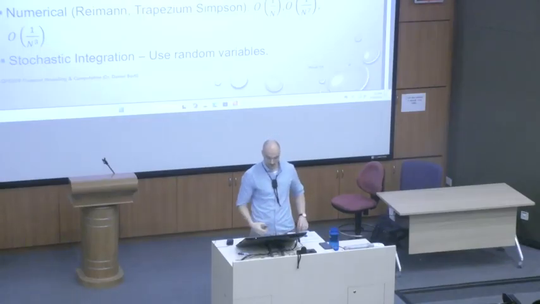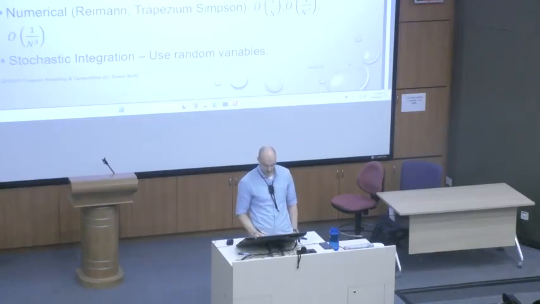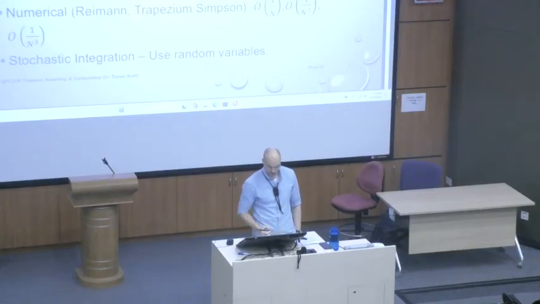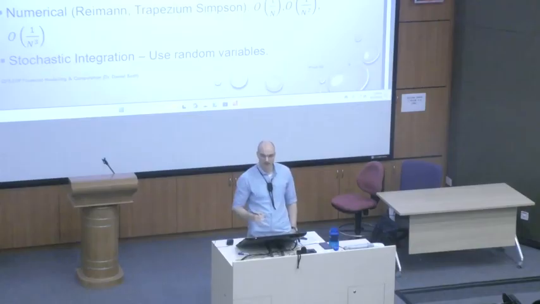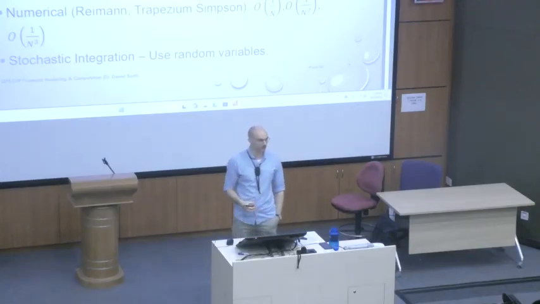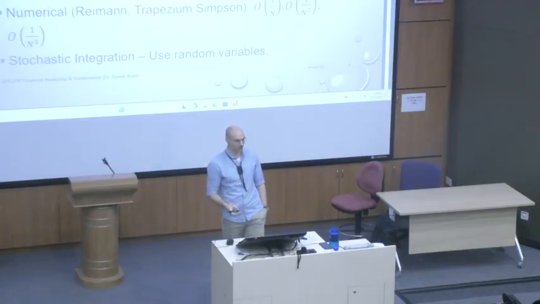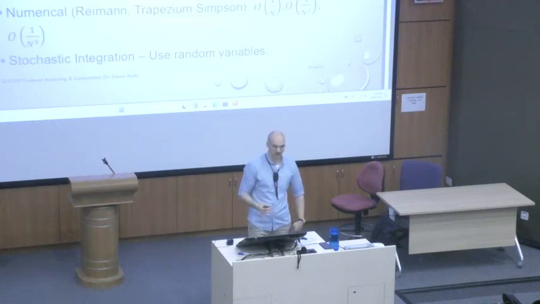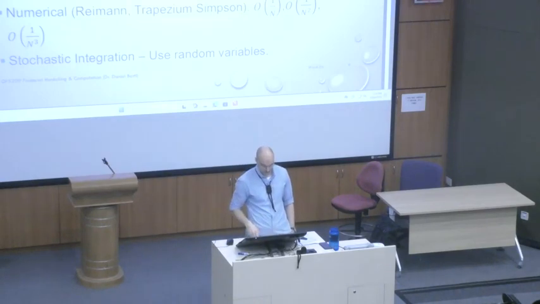But solving integrals. If for any chance we have access analytically, of course there's no error. If it belongs to the class of simple functions that you can solve, like polynomials, sine, and whatnot, then you're in business. But otherwise, we've already seen, actually last lecture,